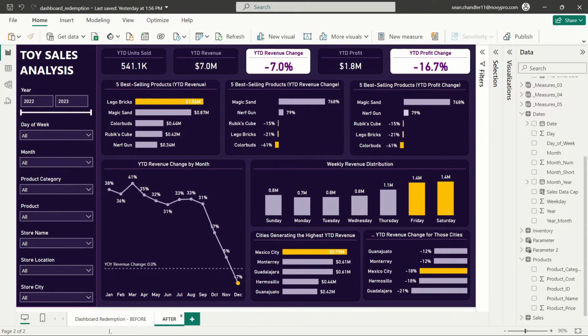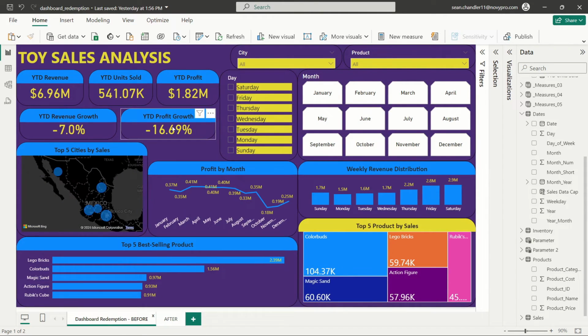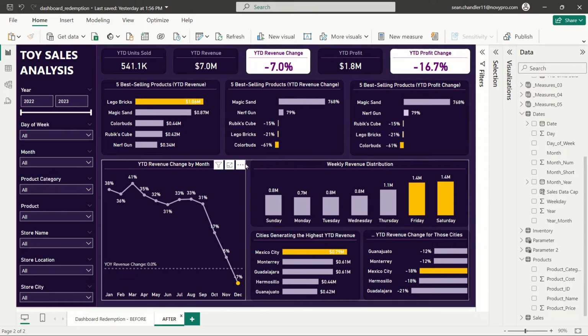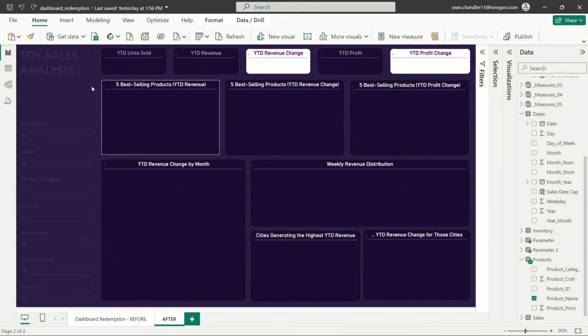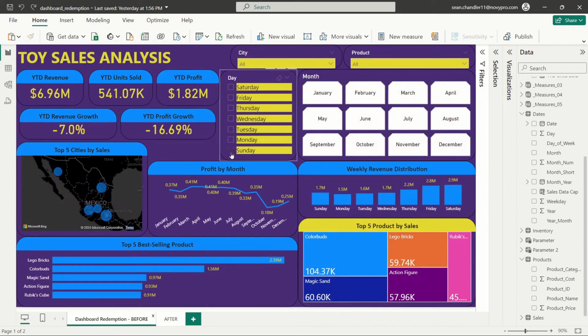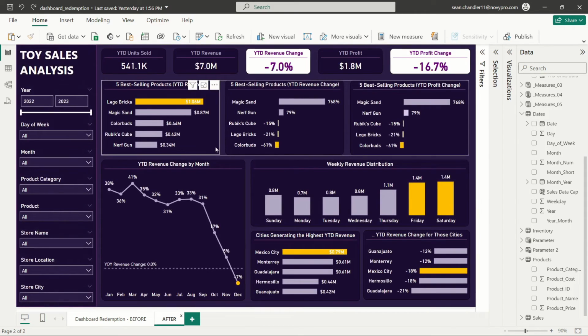But, just to underscore that if you use really good spacing and alignment and shrink numbers when you can, you can fit a ton of information onto a standard Power BI report page, just like I have here. There is a lot more content on this page than on this page, and yet this page feels like it has less going on, and it's much easier to focus on the most important elements that are being represented here. So I think that we were able to redeem that dashboard very easily just by making better use